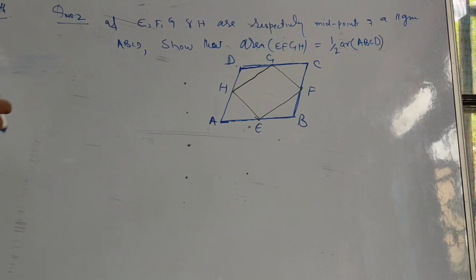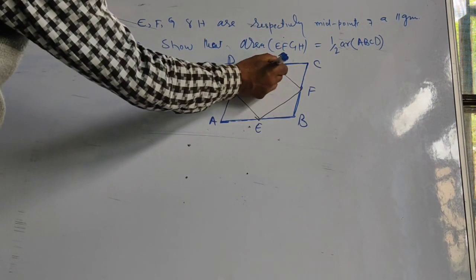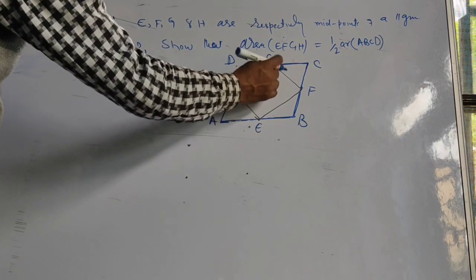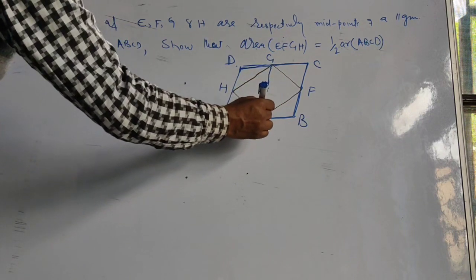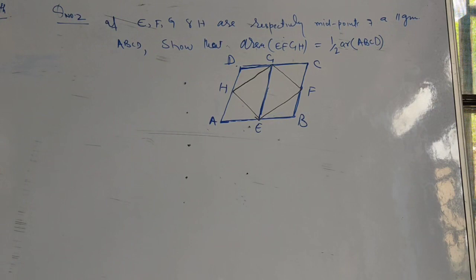Let us construct here. If we join GE, by joining GE, we have